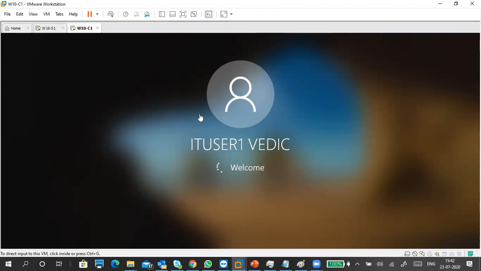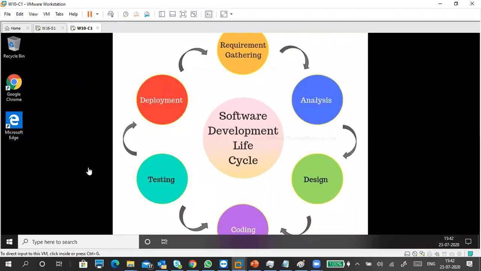It is taking a lot of time to log in, and that's why we open IT user 1. Okay, let it load. It is still showing this thing. Okay, no problem. Let it load. Give it some time.